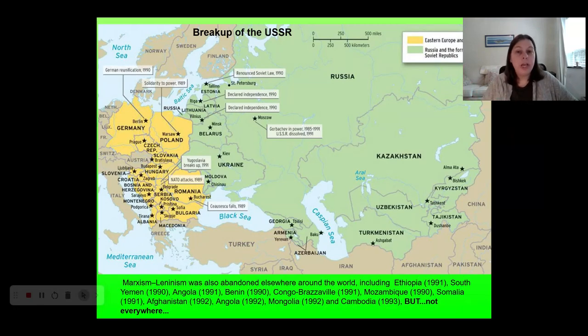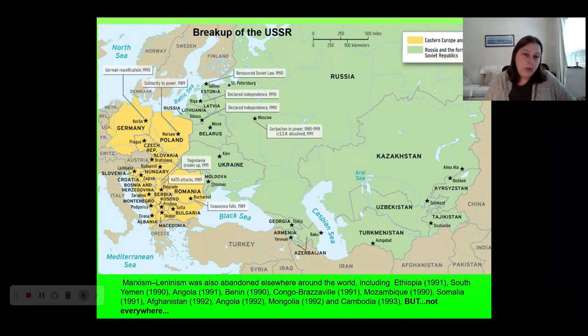So we see all of these revolutions happening, elections happening, governments being replaced in those, again, kind of satellite countries, and then it also starts to spread to the nations within the Soviet Union, right? The Soviet Union is a composite state made up of a bunch of different kind of countries that have united together, just like the United States is made up of states, right? The Soviet Union is made up of nations. It's a union of nations. And those nations, which you can see in green on here, are also going to start to have independence movements. They'll have elections. They'll vote to leave, essentially to secede from the Soviet Union.